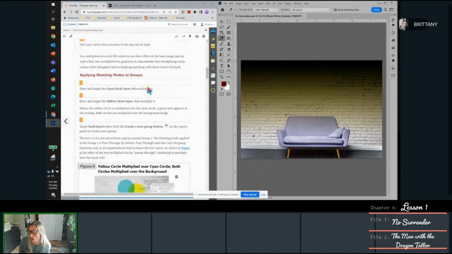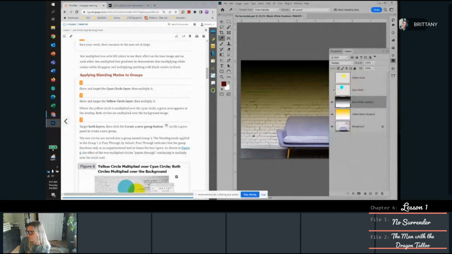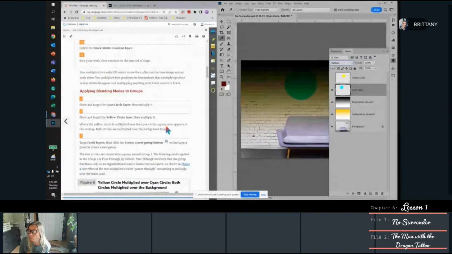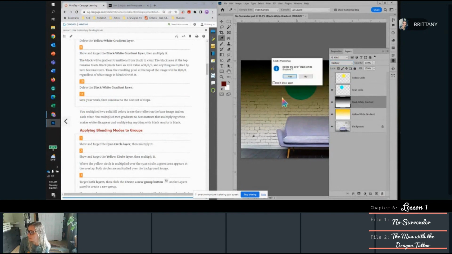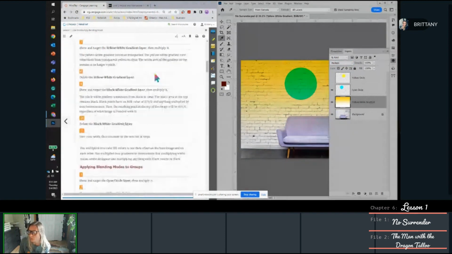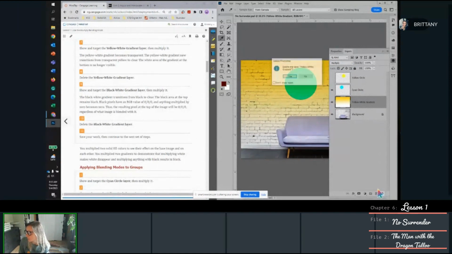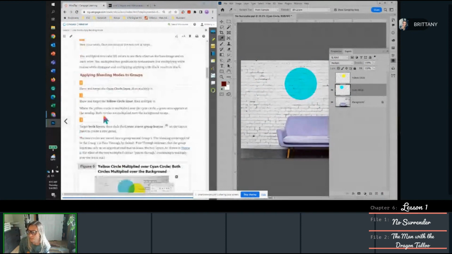All right, so now show and target the cyan circle layer, then multiply it. Better. Show and target, then multiply. Oh, did it tell me? I'm sorry. It said to delete that one. I was wondering. Okay. So delete black and white and yellow. Yep, sorry, I missed those 2 steps. We're getting rid of these, or you can just hide them. It doesn't matter to me. Okay. So now back to down here. Now show and target the yellow circle layer